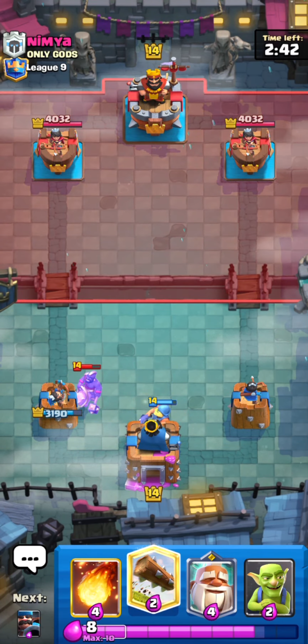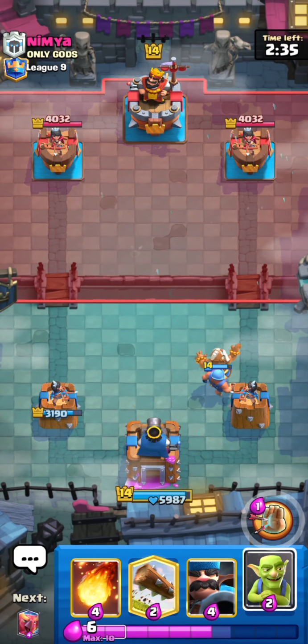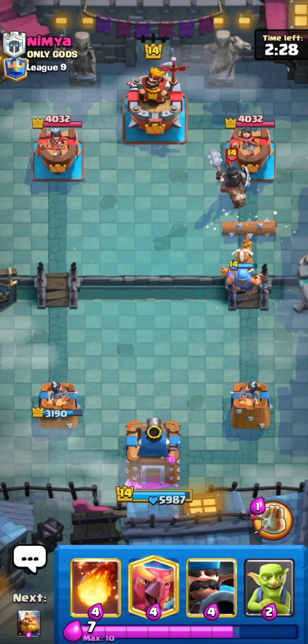Gonna Fisherman activate King. Wow, he does zap the Fisherman off right away. I do still get the activation at least, which is nice, but that's gonna be an extra hog hit for him. Gonna Monk in front, because that was quite a big commitment on his end, 6 for 3. So I should be able to do okay. Gonna log the Dark Prince off to take the shield off, and then...